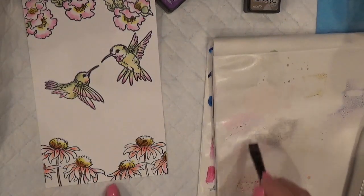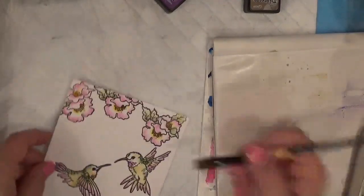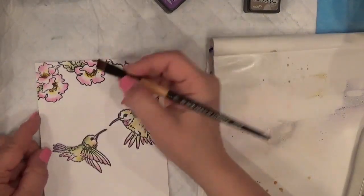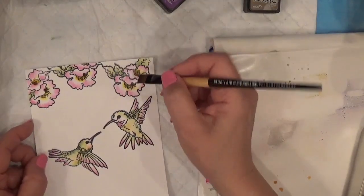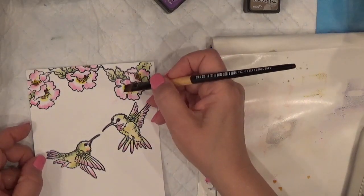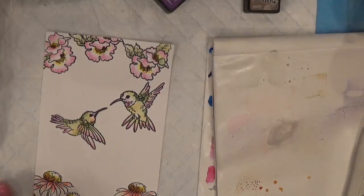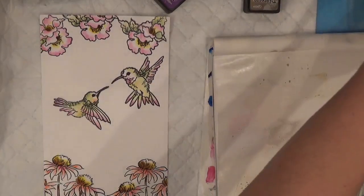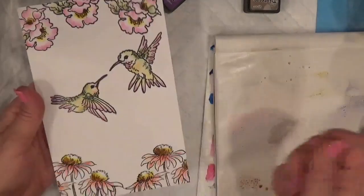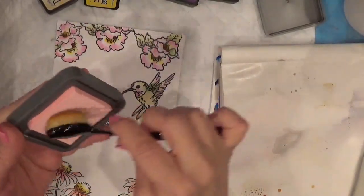Mixing colors because it's better if we mix color and we don't have to get that many colors. Tiny bits here and there in here. This purplish color is gonna make this stronger, darker. So let's do the background. I'm gonna dry these with the dryer, or you can use a heat tool if you have one, but I'm gonna use the dryer. So I'm gonna take this spoon sugar,